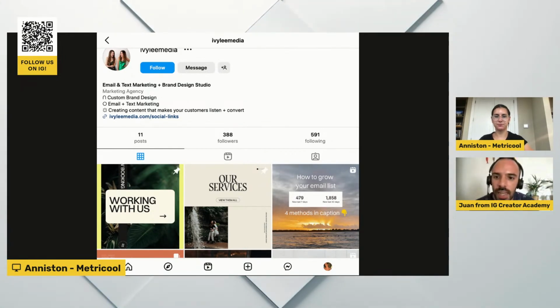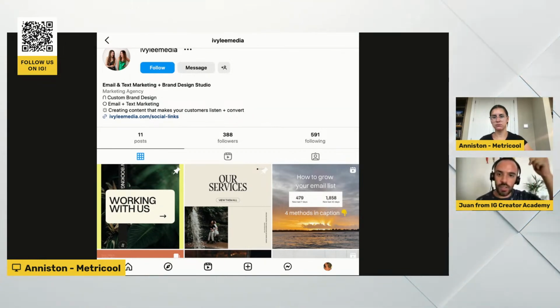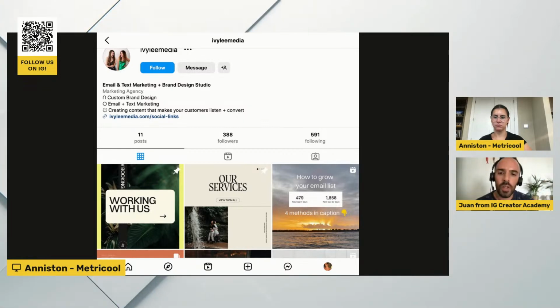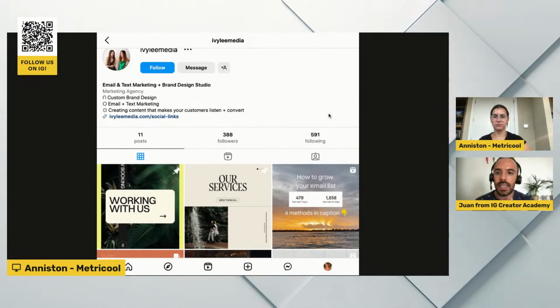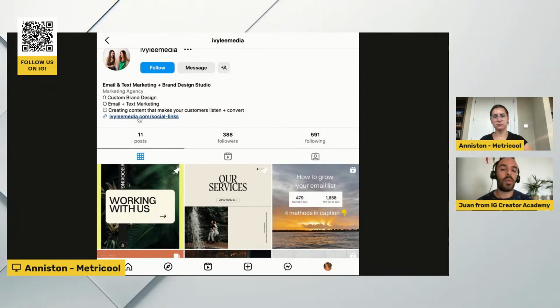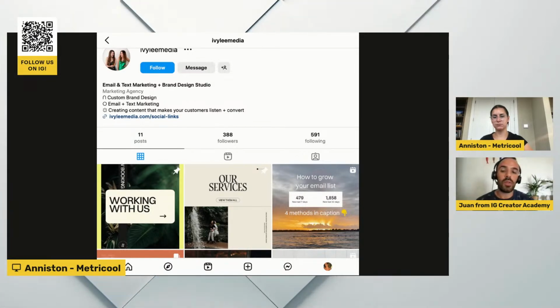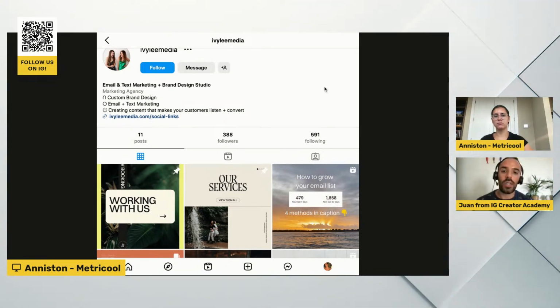And then the custom brand design and email text marketing, it's redundant because you're already saying that in your Instagram name. So I would maybe change that for any kind of social proof, how many customers you've worked with, or how many businesses you have helped, or how many years you have been in the brand design industry. And then you also need a call to action. What do you want people to do next? You have your social links there, but what will people find in the social links? Do you want people to sign up to your email list or to inquire for your services? You need to tell people what to do next.